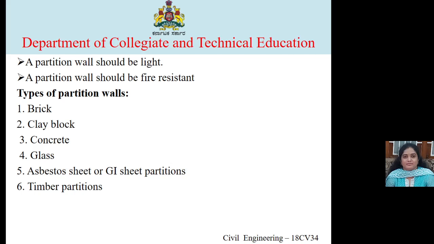So one more is there, the hollow glass block. The hollow glass blocks are translucent units of glass, also available in different sizes and shapes. It's another type of glass partition. The glass brick is a form of hollow glass block. The salient features of these hollow blocks are something like this.